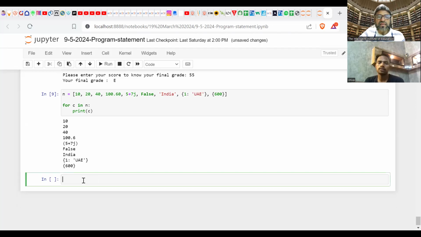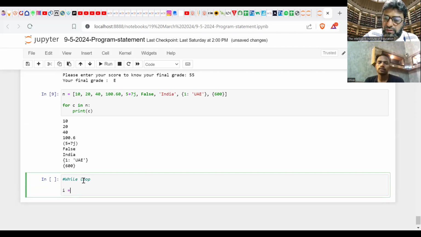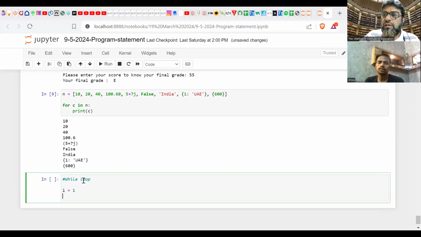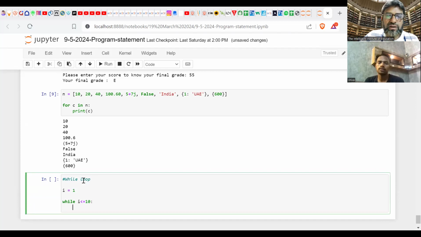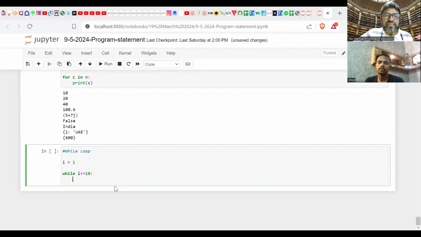Is this clear? So now I am going to explain the while loop. While I equal to 1, I less than or equal to 10, and here I am going to check the condition.